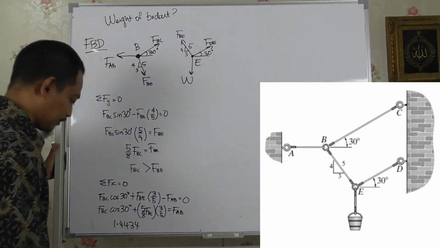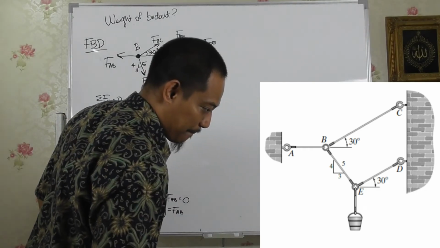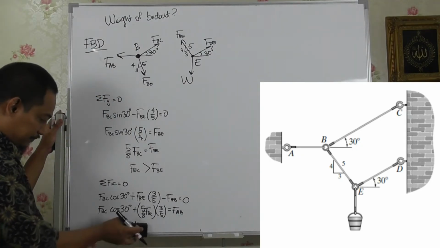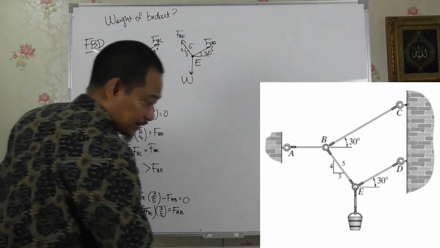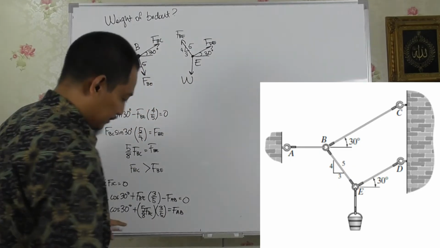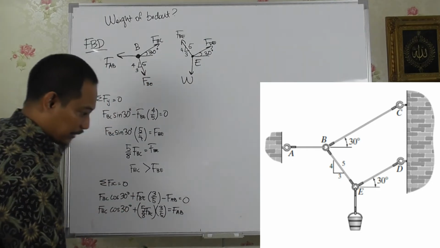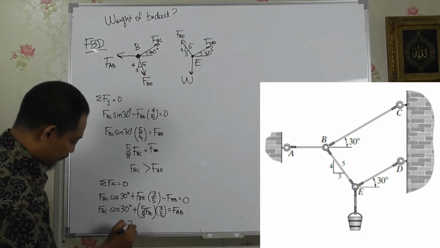Sorry, which one am I calculating? I'm confused already. So FBC cos 30 plus 5/8 FBC 3/5. That will be 1.241